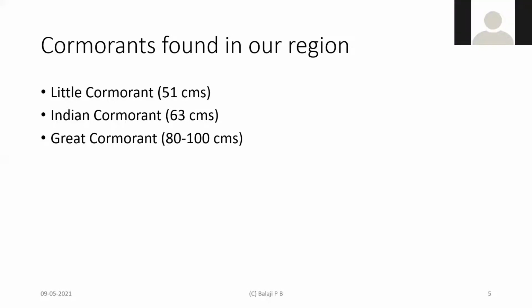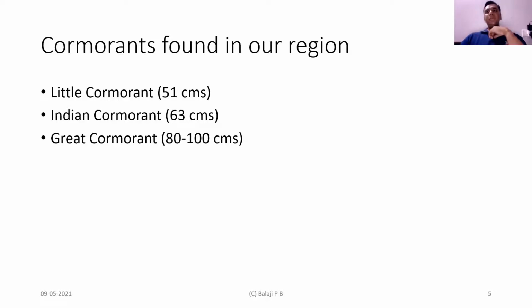Sir, I just had a question whether breeding happens at any particular time during the year. Is it seasonal? Are there specific months when the breeding happens? So all the three cormorants that we see here, the little, Indian and the great cormorant, are all resident species. And with resident species, what tends to happen depends on where they are. For example, in Tamil Nadu, they tend to breed during almost the end of the summer months.